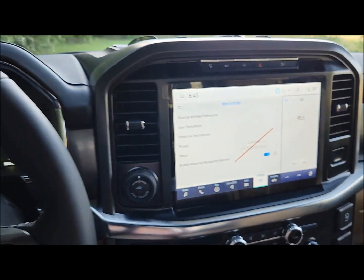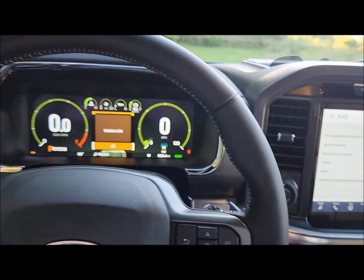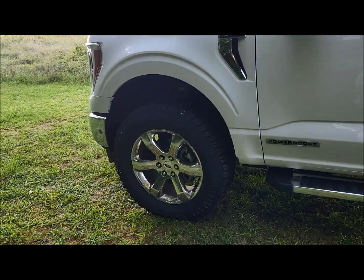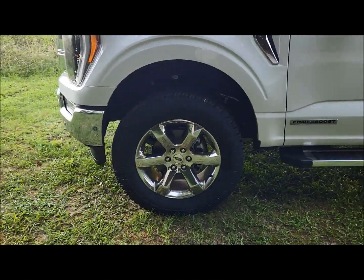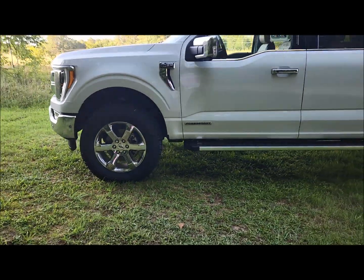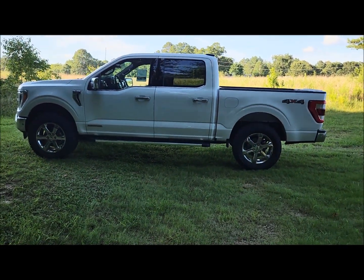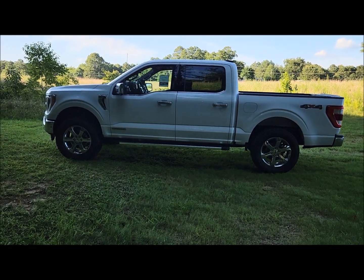I want to show you the outside of this truck. I think a lot of you will be excited about what I have done. It's going to blow the horn, because if you have the key in your pocket and you get out, that's what it does. So let me see if I can just take a step back and you can see it. I mean, look how nice it looks. It looks great. I put a leveling kit on it,